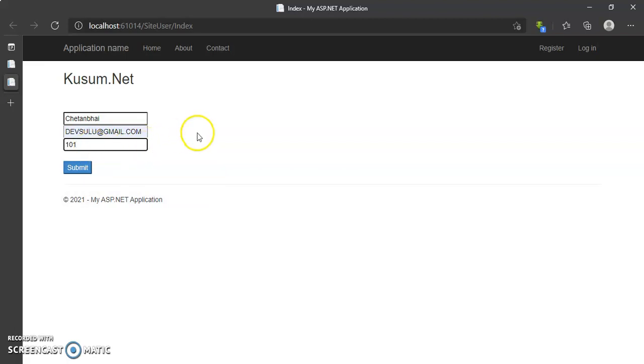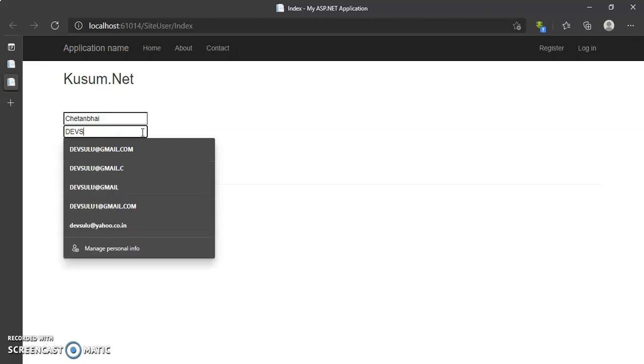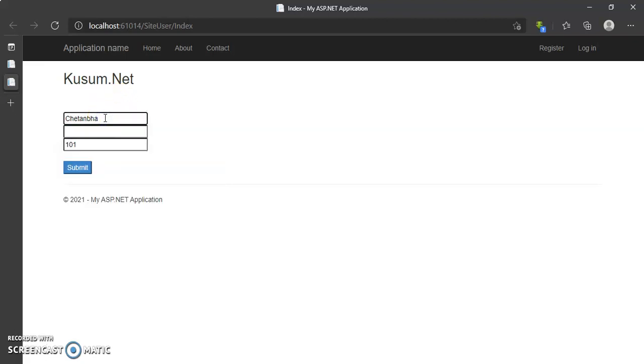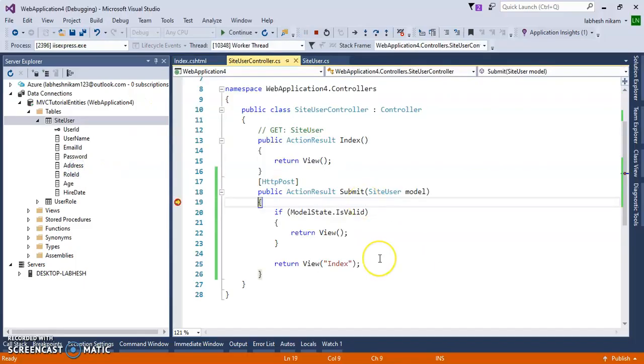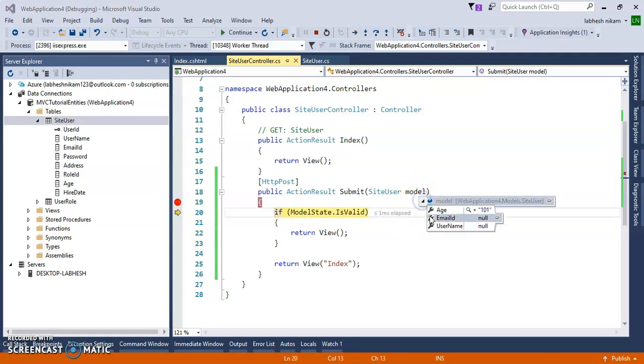This 101 will create an error because we have added it as invalid. Suppose I don't add the email ID and name, so required field validation errors for these two boxes, and age is not proper between 18 and 100, so three errors are displayed here. Let's click on this and check. The data comes here in the model, and email ID and username are null, and age is 101.